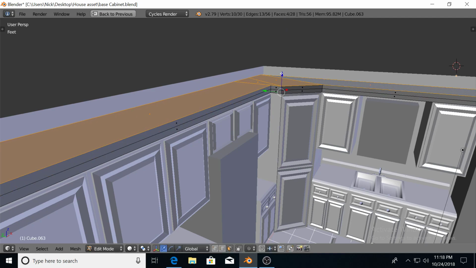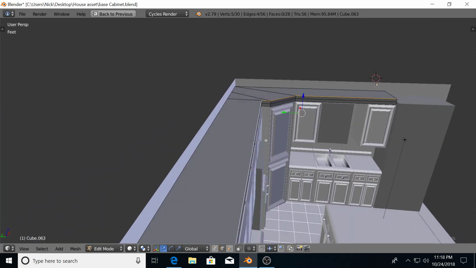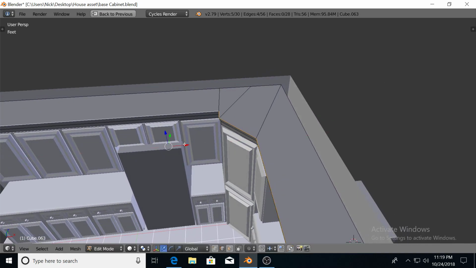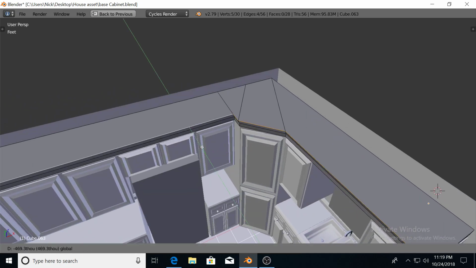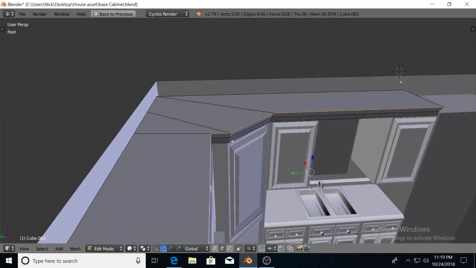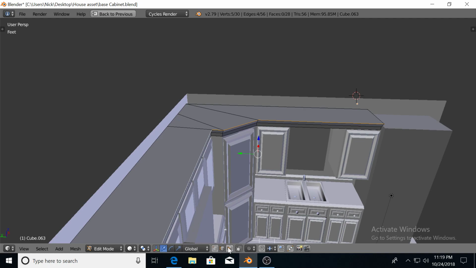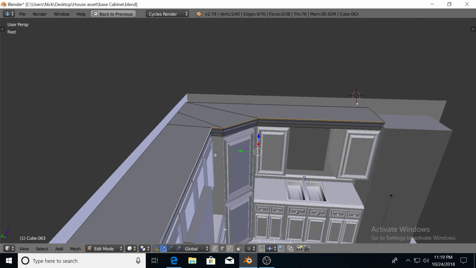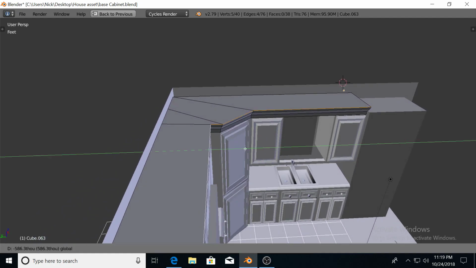This part might be a little bit time consuming. So we're going to grab, see if we can hold Alt. Okay, good. We can actually hold Alt and grab all of that. Oh, this is going to be, like I said, really challenging. So move it to the side a little bit, push it out a little bit. Then we'll go back into face mode, grab all this again, extrude up again. And then we'll go to edge mode again, hold Alt, select all that, move it,